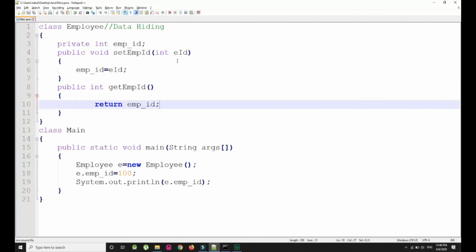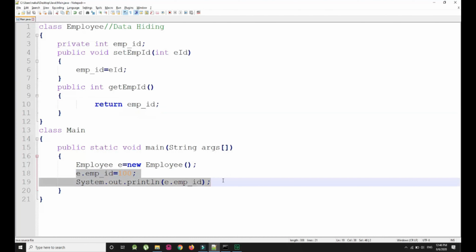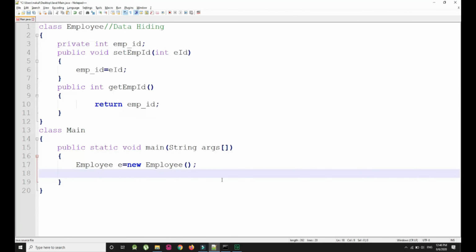Now what is the next step? Now I am going to use these methods in our Main class. So this is how we can use the getter and setter methods in our class: e.setID and in brackets 100. This is how we can modify our variable.